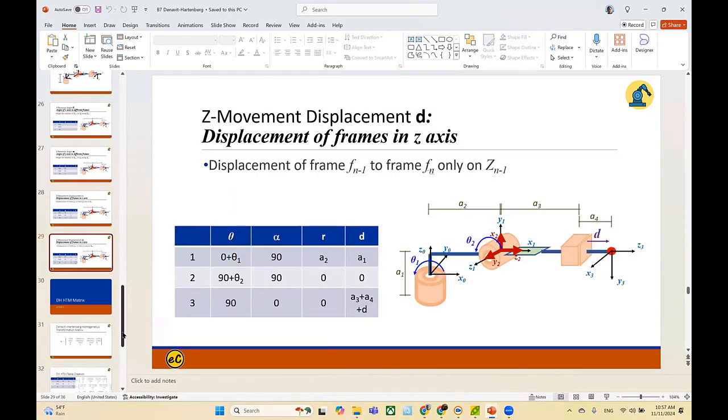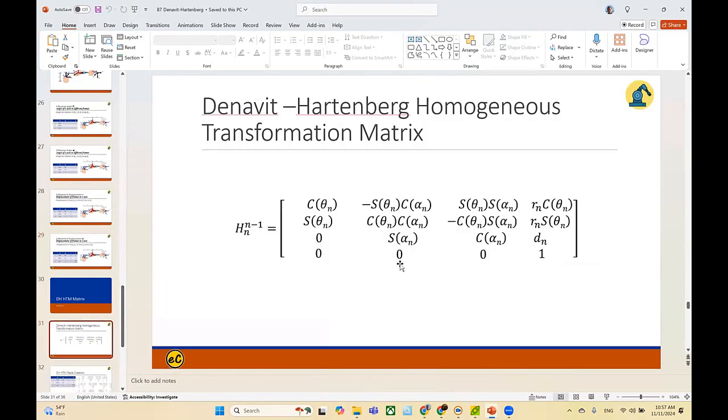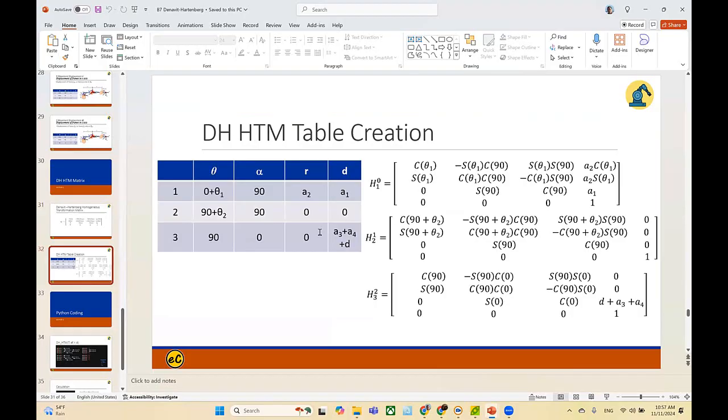Okay, the four numbers, and you put them together, you will get your Denavit-Hartenberg matrix systematically using the theta, alpha, D, and R. These four numbers, you will get the Denavit-Hartenberg. So this is actually a systematic way of setting up your homogeneous transform matrix using the Denavit-Hartenberg